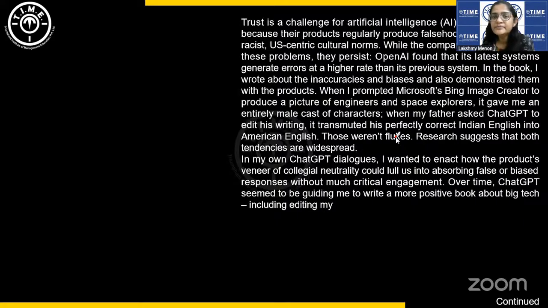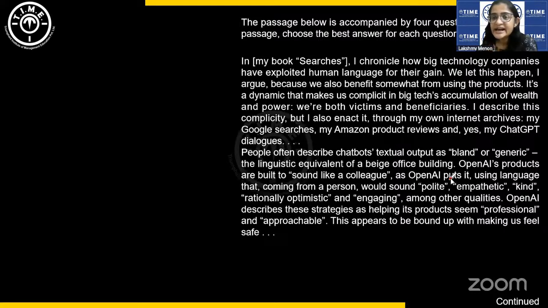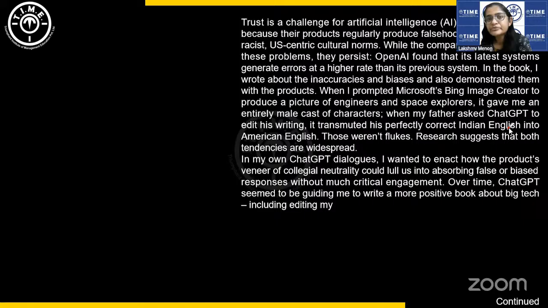In some places, the author does say that it has a cultivated kind of neutrality, but nowhere does the author say that its neutrality leads to critical thinking. Here it says the product's veneer of collegial neutrality. Veneer here is a covering, like a mask. The appearance of being neutral like a colleague could lull us into absorbing false